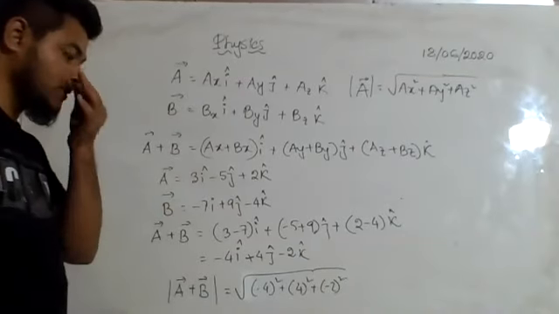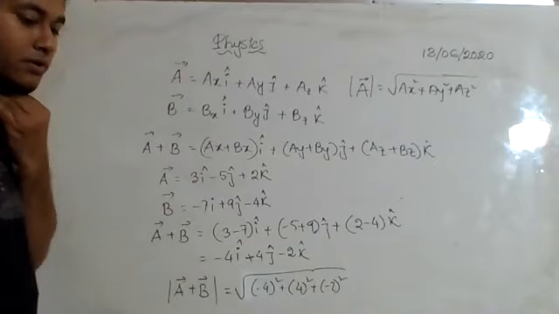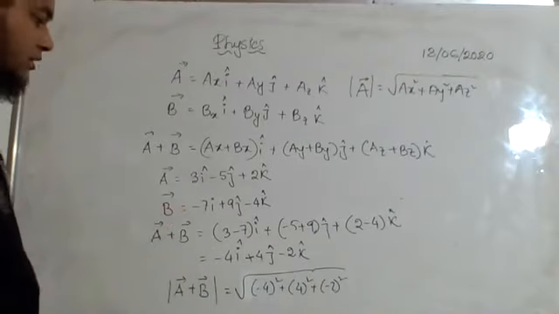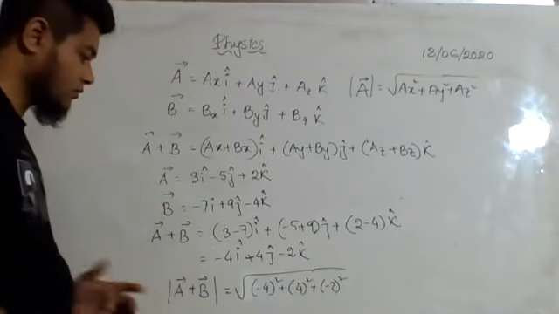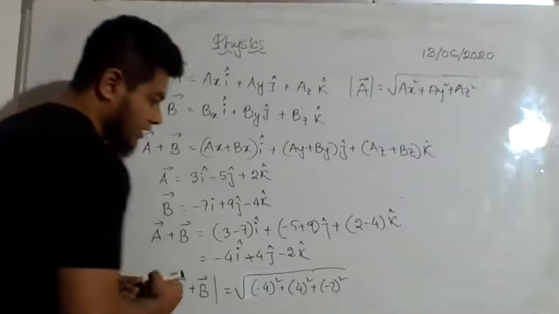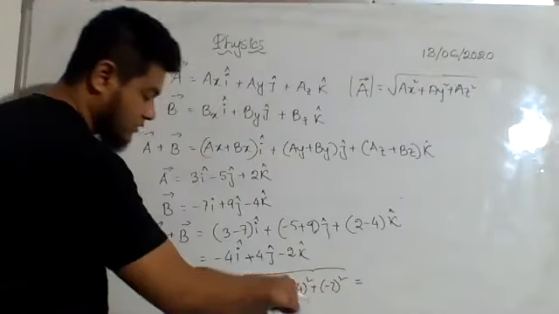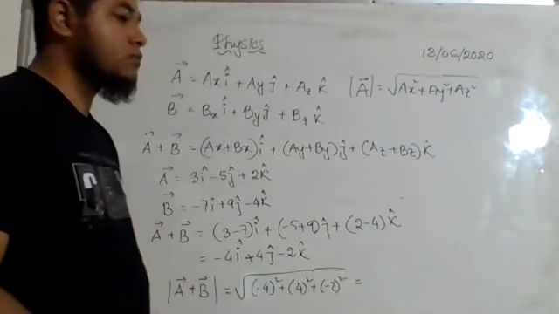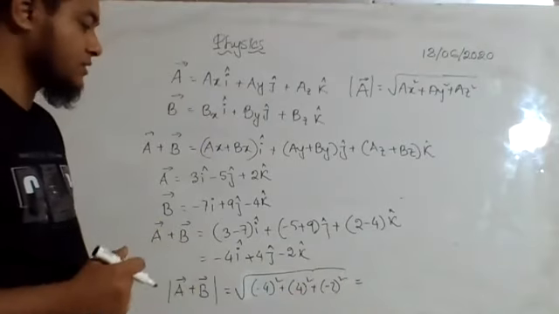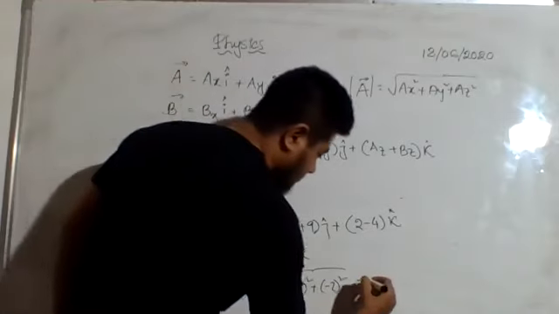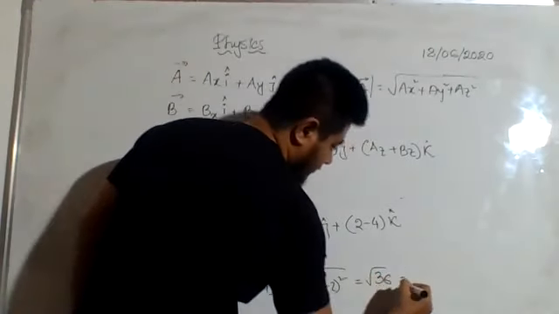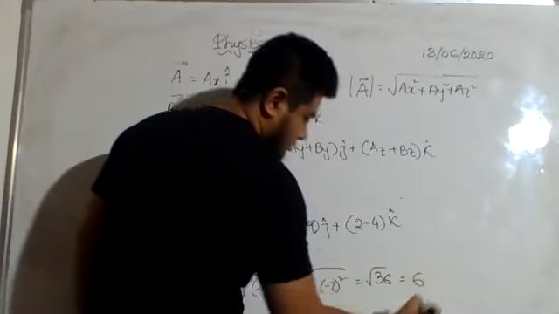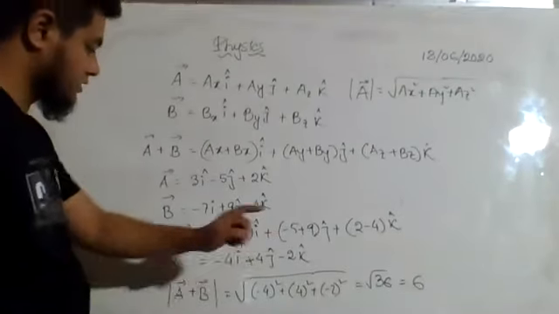Okay. Now we will take a look at the subtraction of vectors, how we can do the subtraction. Oh, also I want to show you the unit vector. If I want to find out the unit vector, then what can I do? For that, I need to actually find out the magnitude of this first. 16 plus 16 plus 4, then it will be 36, root over 36, which is 6. Okay, so it is 6.